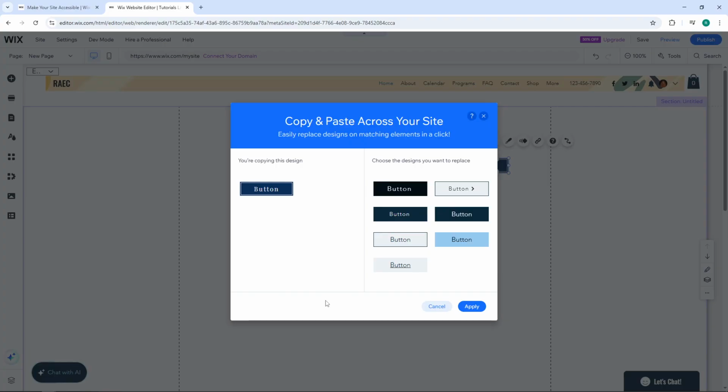After clicking Copy Design, you'll see a list of all the designs you have saved for this particular element type. Simply click on Apply and this design will be copied and ready for further use. You can now paste this design onto any other button or similar element on your site, ensuring a uniform look without starting from scratch each time. And there you have it. You've successfully copied the design of an element in Wix, making your design process faster and more